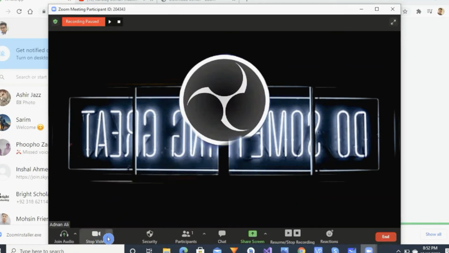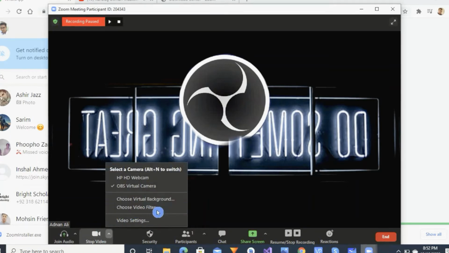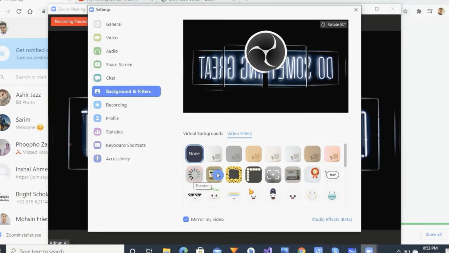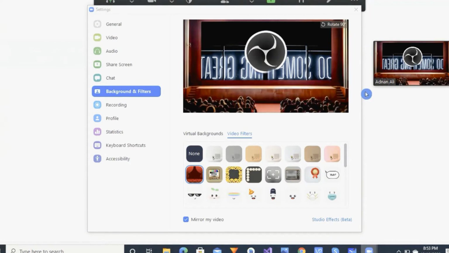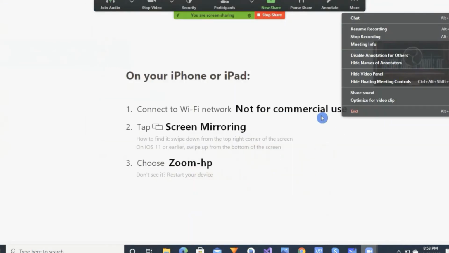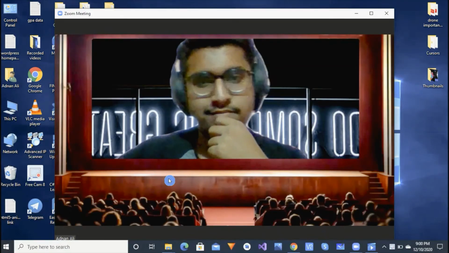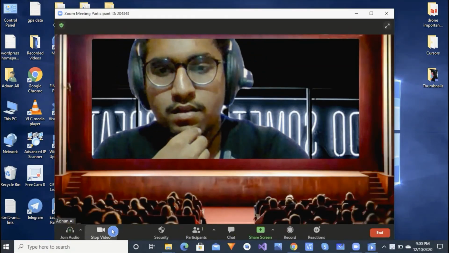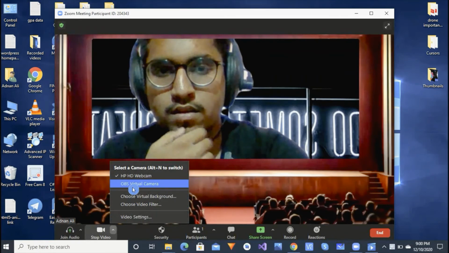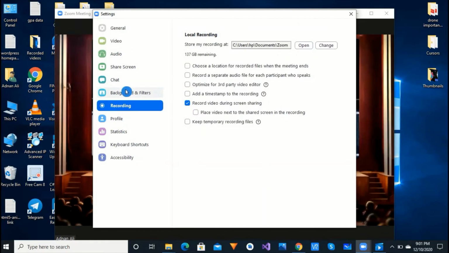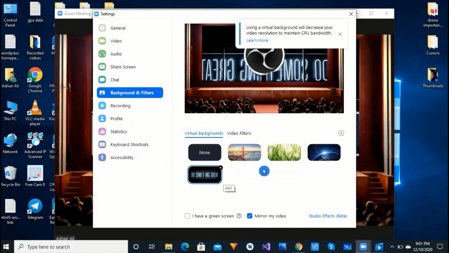You can also filter the background here using settings, and go to background and filter. If you want iPhone or iPad size here, then you have to fulfill the settings. Now you see public background is available here, all the people are watching me. Again I go to settings. You see there are different settings here. Again I'm choosing my background.